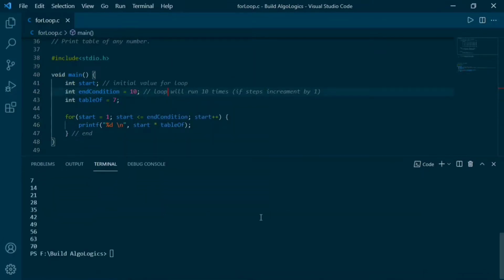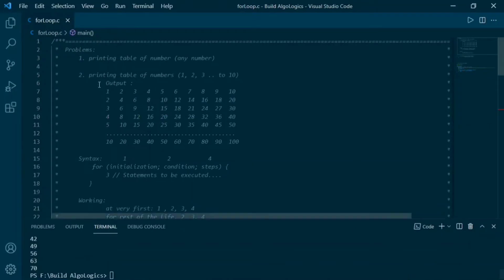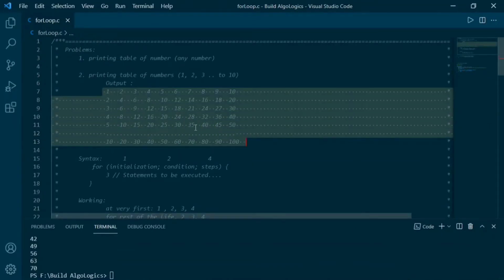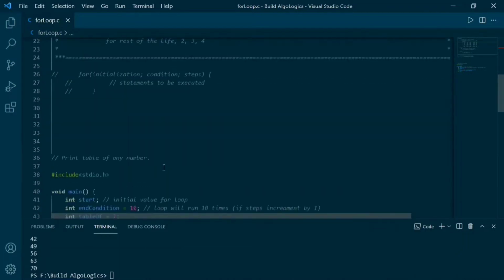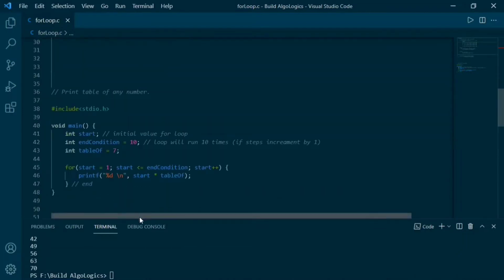Alright, so now we have already understood the loop. We'll solve our second problem. This output looks something like a table, in which these are all rows and these are all the columns, as you can see here. In our previous example, we already printed our output as a single column. Now revisit that example. Here we are printing in a single column and multiple rows, for example 10 rows.